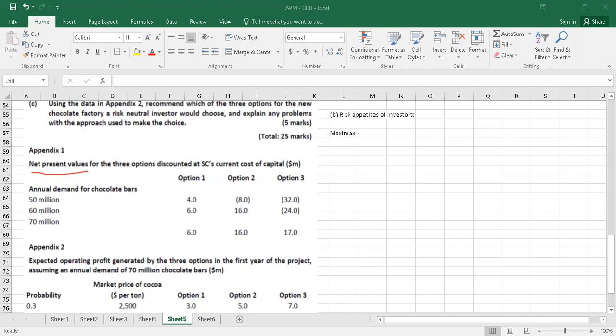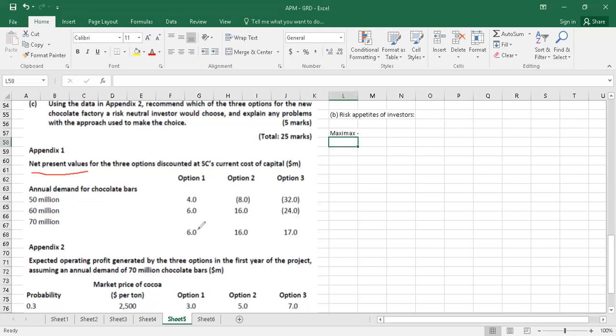Options here relate to the size of the factory building, because they had not a pleasant experience with the cake manufacturing business. So now they want to be cautious about that. Therefore, they don't want to go with a wrong decision. So if at all they have to choose the best option,